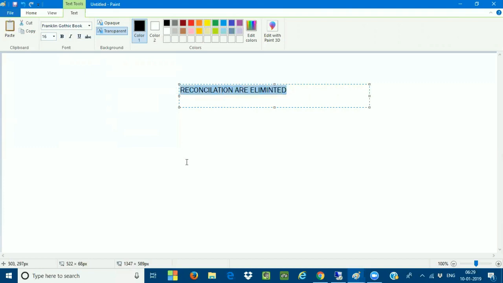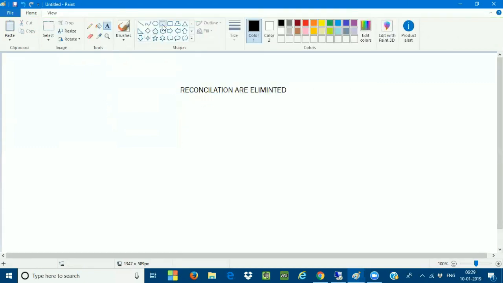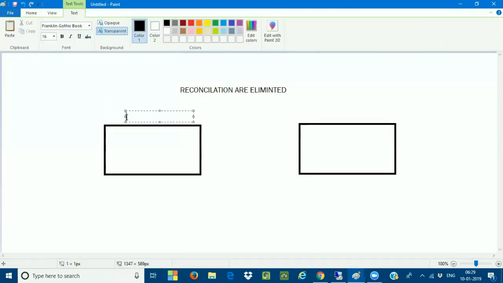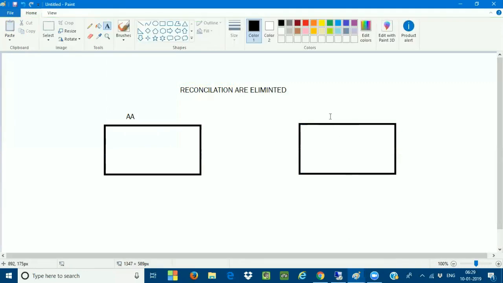Now, I'll take one example. Very, very important example this is. Earlier, we had asset accounting and we had the general ledger.